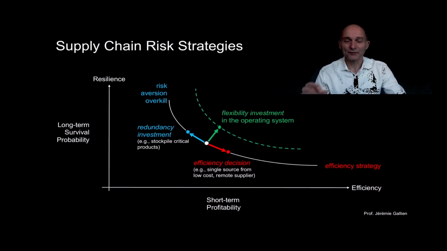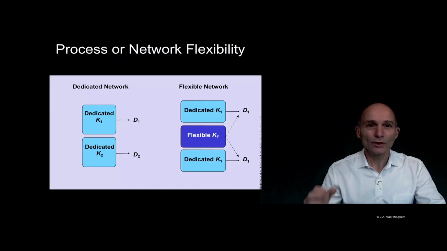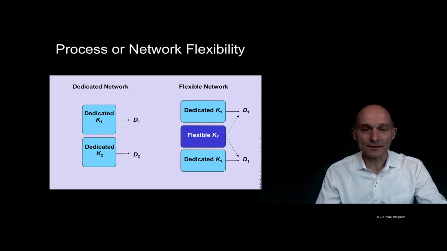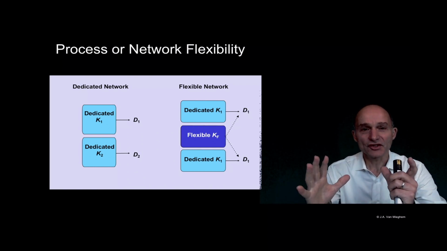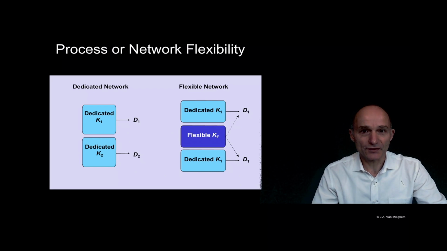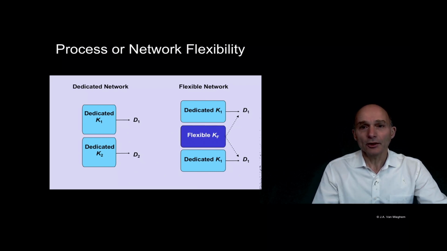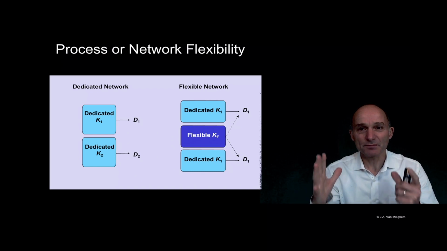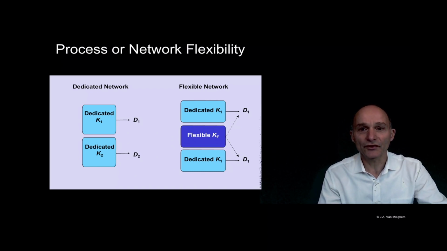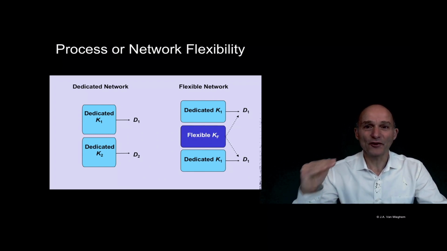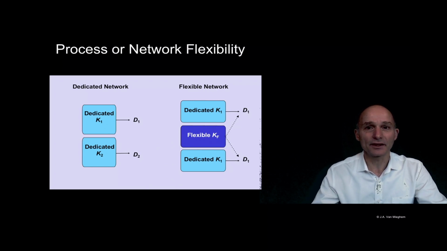I'd like to point out that flexibility has the nice property that it can both improve profitability as well as reduce risk exposure and increase resilience. To illustrate what we mean by network flexibility or flexibility in the operating system, let's consider a very simple example. Consider an organization that serves two products or services to uncertain market demand. An organization can invest in product-specific resources. We'll call those dedicated resources. And let me represent K as the level of asset intensity or the capacity that the organization invests in.